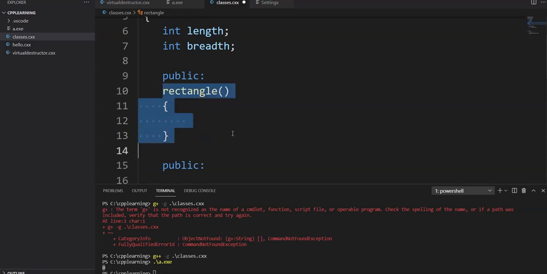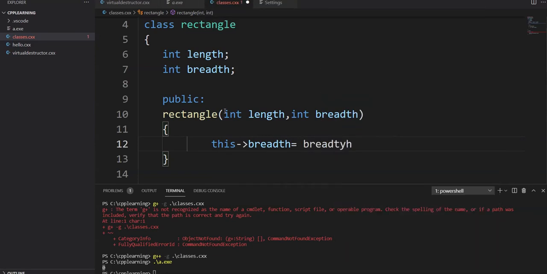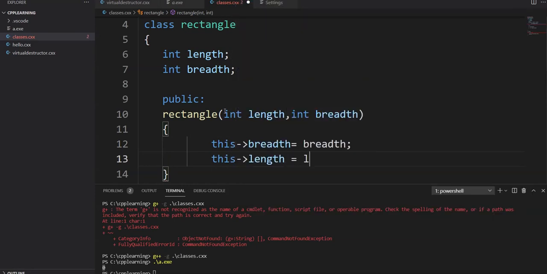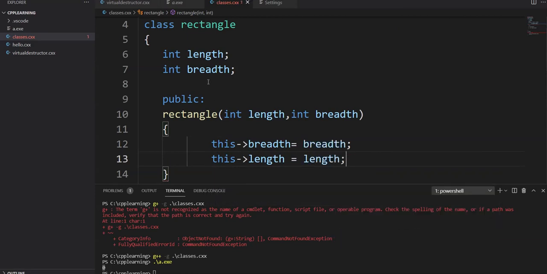This is the syntax of this constructor, and we can initialize our length and breadth. this dot length is equal to length.